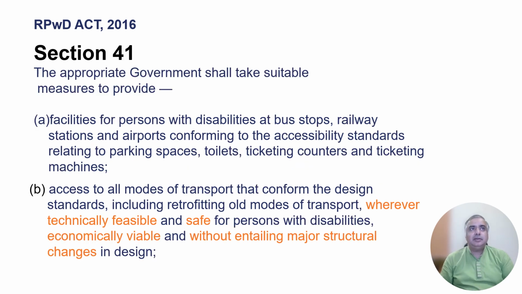Section 41, which clearly states that the appropriate governments shall take suitable measures to provide facilities for persons with disabilities at bus stops, railway stations, and airports, conforming to the accessibility standards relating to parking spaces, toilets, ticketing machines, counters, etc. Second point it says is access to all modes of transport that conform to the design standards, including retrofitting old modes of transport wherever technically feasible and safe for persons with disabilities, economically viable, and without entailing major structural